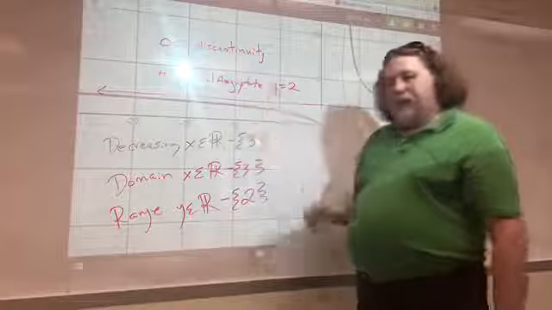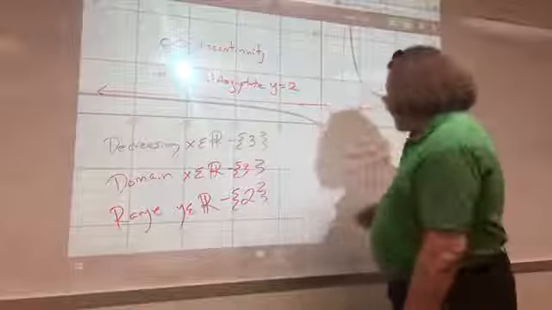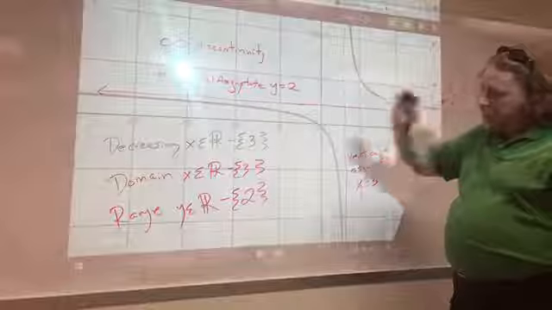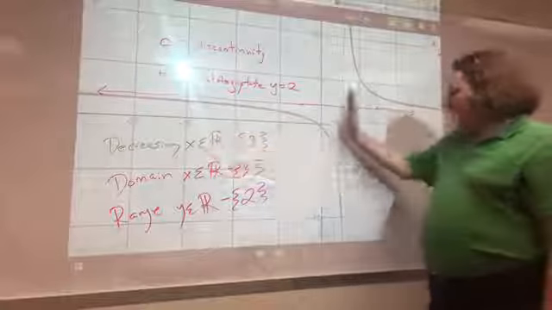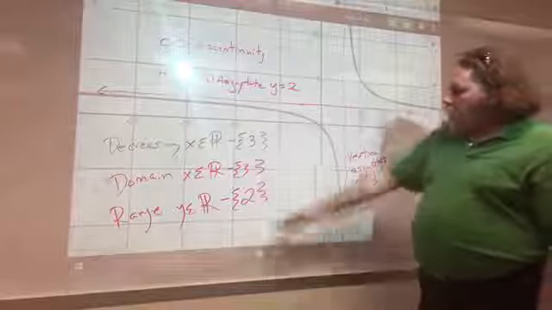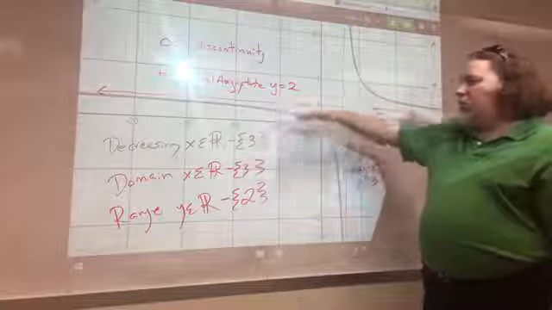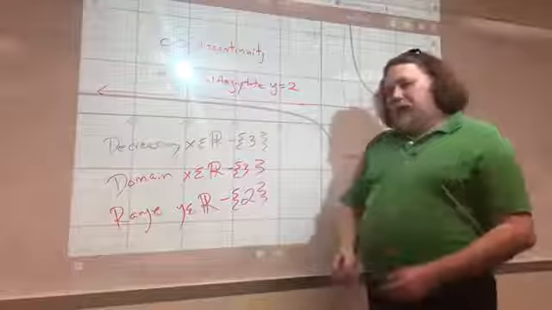And so there we have a complete description of this graph. We know its asymptotes. We know its continuity is infinite discontinuity. We know it is decreasing everywhere except where there's a vertical asymptote. Its domain is everywhere except where there's a vertical asymptote. Its range is everywhere except where there's a horizontal asymptote. And so now